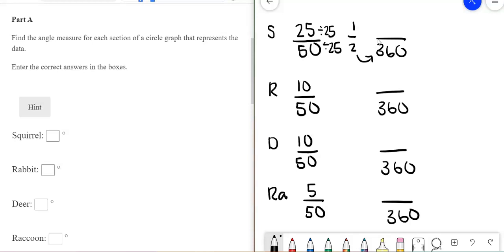And you should get 180. So 1 times 180, for squirrels, we get 180. So that's half of the circle. Now for this one,